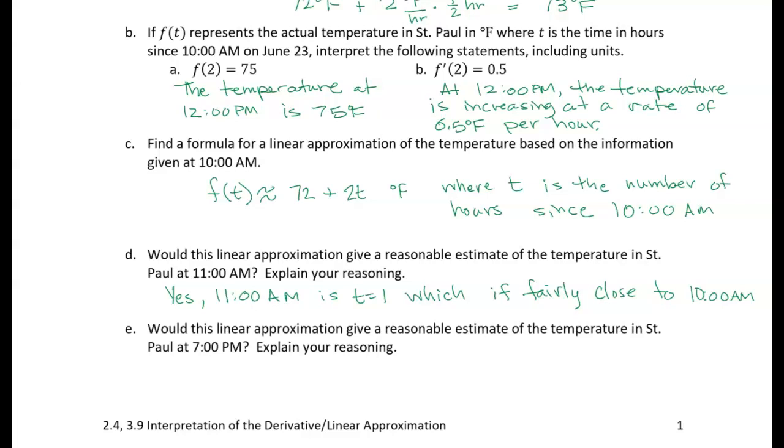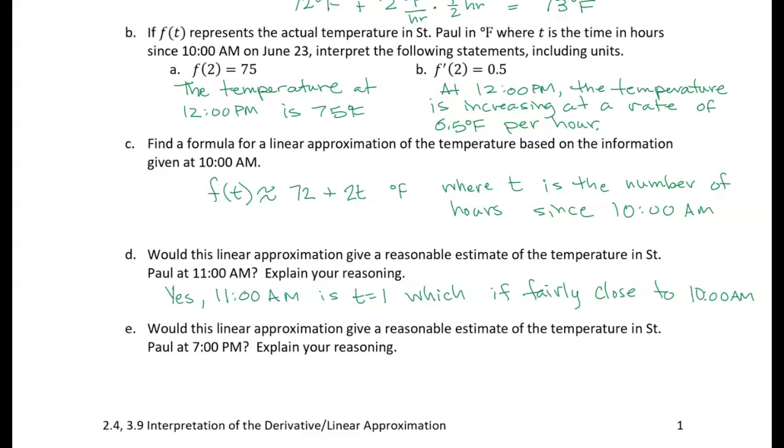Now, the next question asks, would this linear approximation be reasonable to estimate the temperature at 7 p.m.? And no, that probably would not make sense. Now, again, I don't know what's going on with the weather, but 7 p.m. is t equals 9, right? So that's 9 hours later, and the normal variation in temperature, it goes up, and it kind of plateaus, and then it starts coming back down in the early evening, right? So by 7 p.m. the temperature is probably coming back down. So it wouldn't make sense